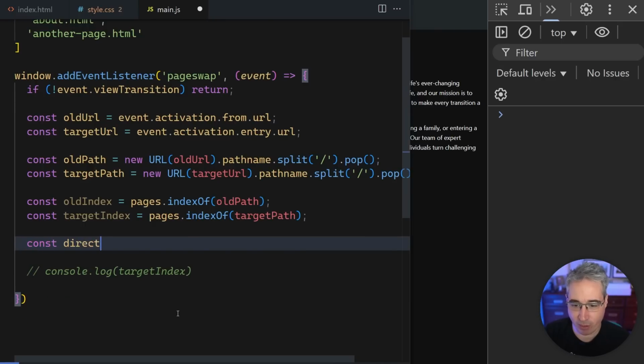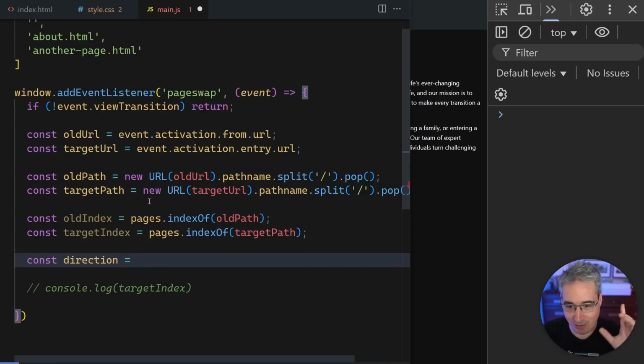we have a const of direction. And direction is going to be equal to, we're going to check which page we have, a number here and a number here basically. So we want to just see, are we going forward to a higher page, or are we going backward, which would be going to a lower number? And so to be able to do that, we can say that if the old index is less than the target index, then what do we want? If it is less than, then we're moving forwards,